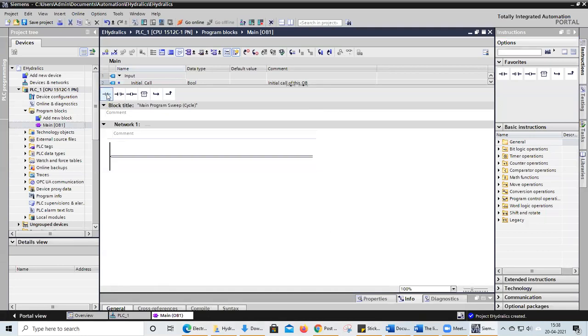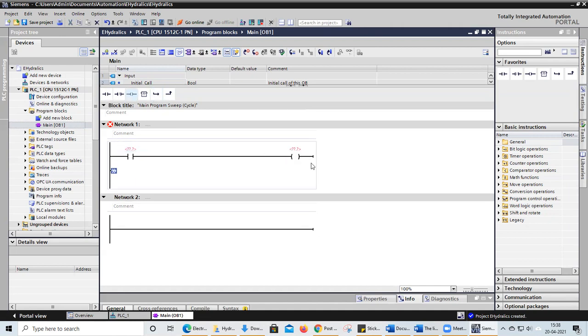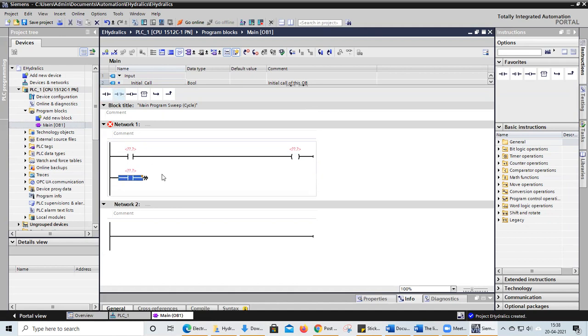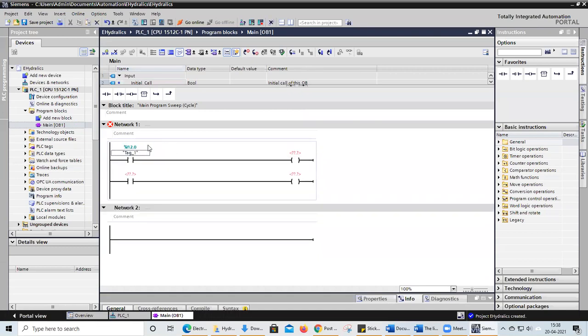So take this normally open switch. And here we are having a coil. And next to that, we are having one more switch. And afterwards, we are having a solenoid valve. So for the solenoid also, we are representing with the help of a coil only. This one is our S1 switch. So S1 switch, physically we need to wire it. So I'm taking one IO. Because I know the address, I'm directly clicking this one.